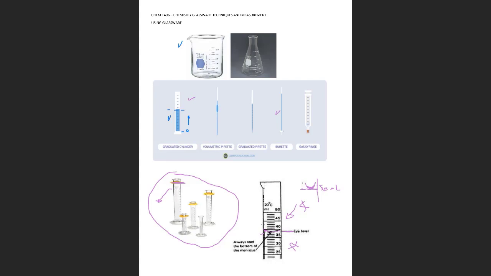This volumetric pipette, see, it is like a little tube, and then it has a globe, and these kinds of pipettes are only to measure a specific volume. So you cannot measure other volumes, it doesn't have a scale. Basically, this can be a 10.0 mL volumetric pipette, and the error is given by the manufacturer. There is another kind, a graduated pipette, that you can use to measure different volumes,